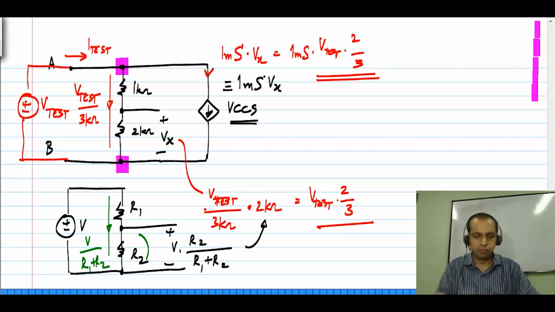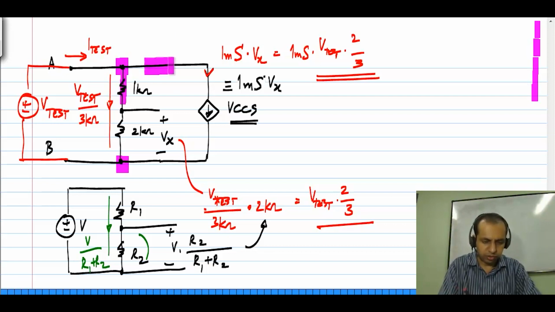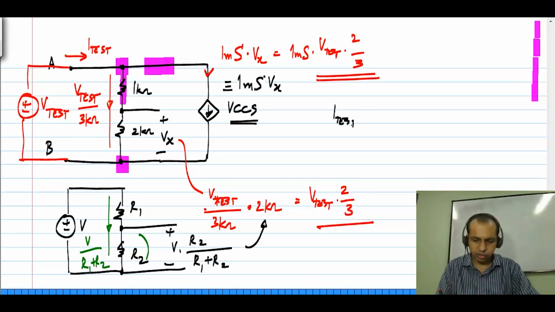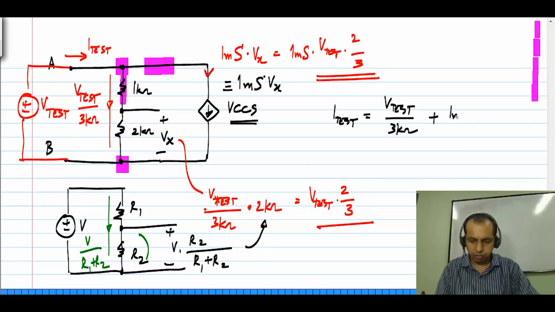Okay. So now the total current I-test is equal to the current flowing here plus the current flowing there. So I-test will be equal to V-test divided by 3 kilo ohm plus 1 millisiemens times V-test times 2 by 3. Okay. Therefore,